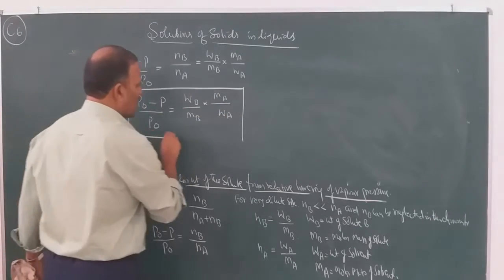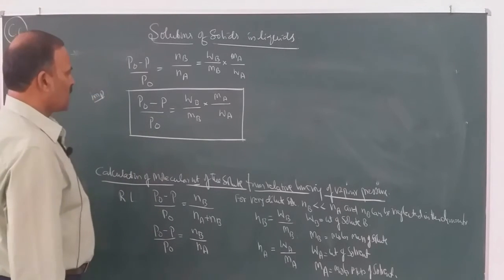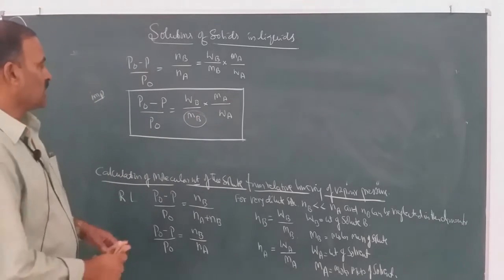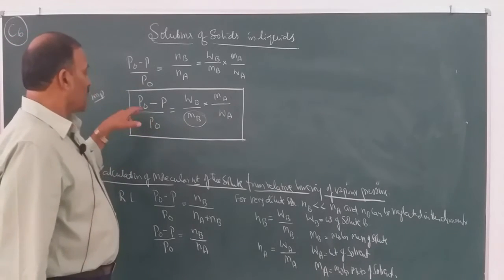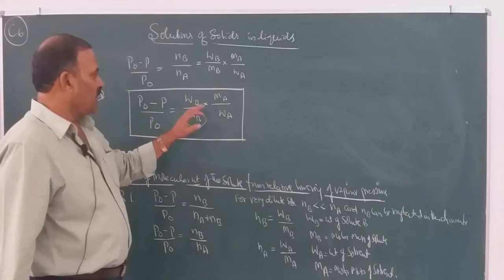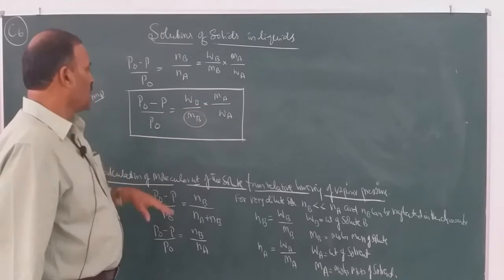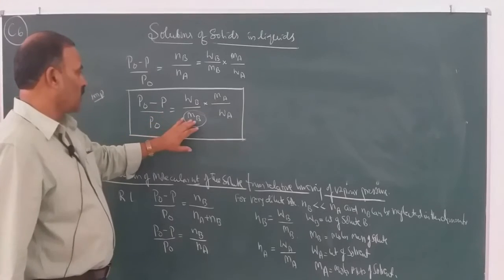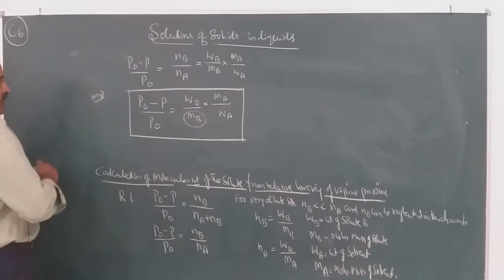This equation is very important. So problems will be asked on this. So here, what is Mb? Mb is the molar mass of the solute, which can be determined if you know the amount of solute which is added into this much weight of solvent of molar mass Ma, the vapor pressure of pure solvent and vapor pressure of the solution. You can calculate molar mass of the solute Mb.